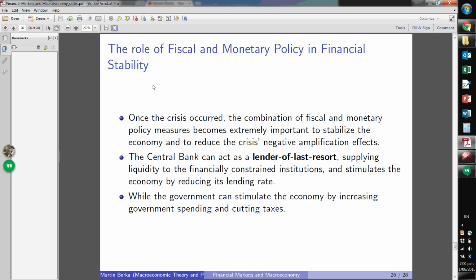Right. Another role, which is not directly macro-prudential, but it's the case when macro-prudential policy may fail or not completely stop the spread of crisis, is the role of central bank as a lender of last resort. And that's what the Fed has done throughout the global financial crisis, as well as the ECB, and in the aftermath of the global financial crisis. So supplying liquidity to the financially constrained institutions, reduces the lending rate effectively, and